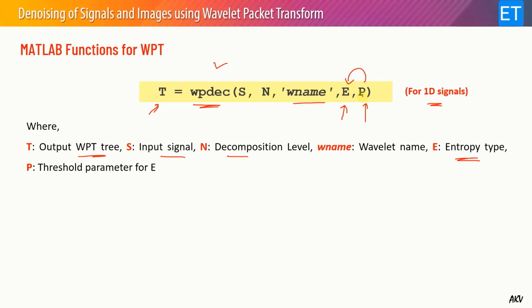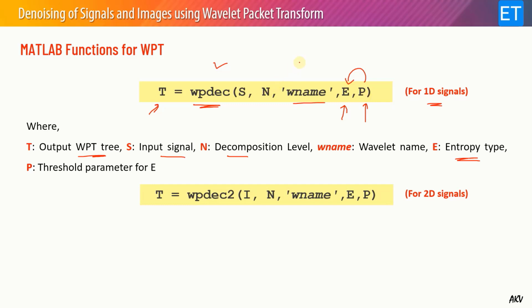So P is not required for all E types. For example, for the Shannon entropy or the log energy entropy, we do not need any P, so P is simply put as 0. And for other types of entropy, we need the value of P. For more details, you can refer to the